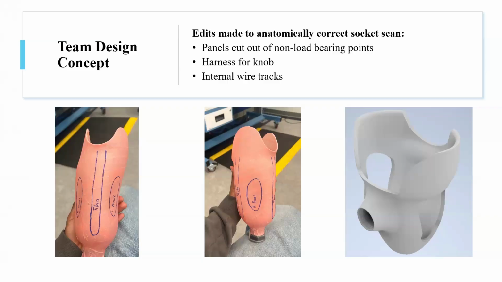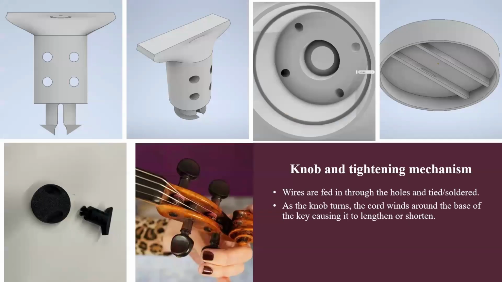However, it has internal wire tracks for the wire, and the panels are in the same places that they are in the other socket. And now when it comes to the dial, so this is the element of the socket